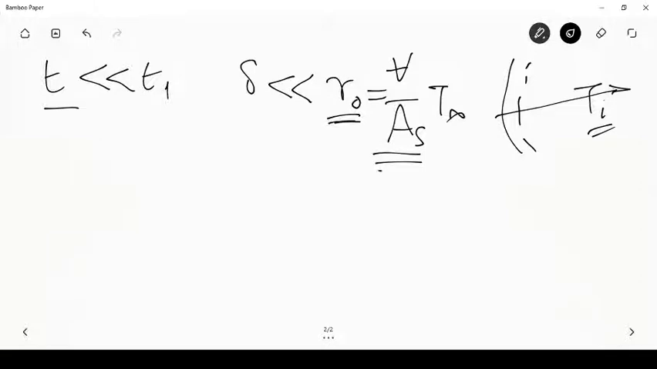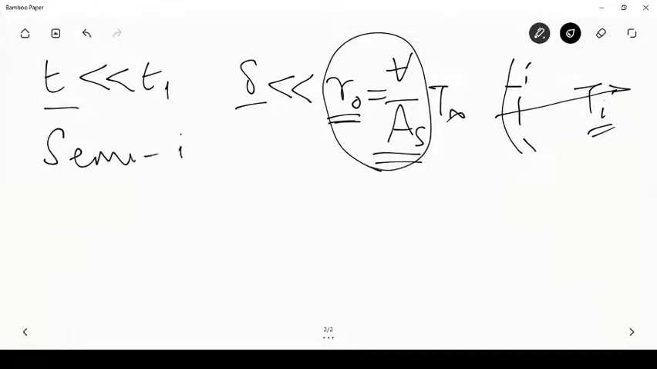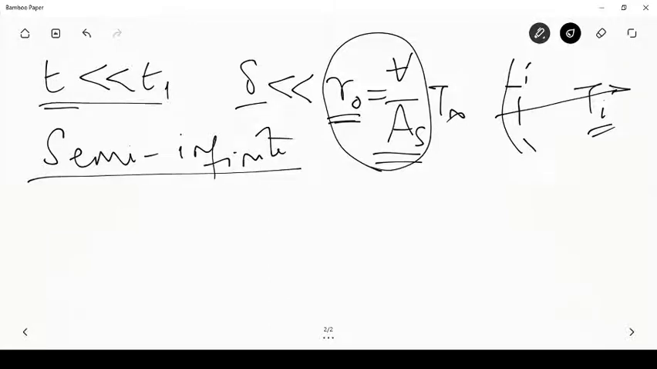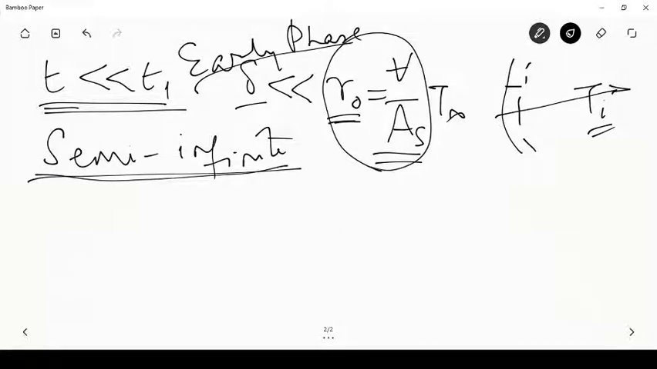So this is something comparable to the size of the object, and this is comparable to the size of the skin layer. So when the skin layer is very small as compared to the rest of the medium, you can consider the medium as semi-infinite. Okay, and because the time is much less than t1, you can consider it as an early phase. Okay, so in the early phase of transient heat conduction, we can use the semi-infinite approximation, which basically means that